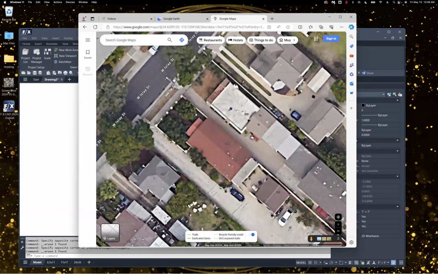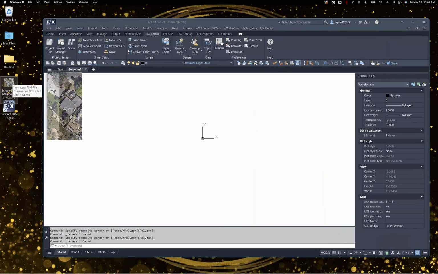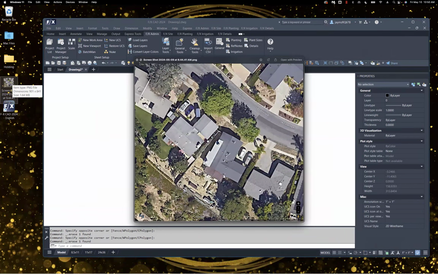So what you'll want to do is, when you have your site oriented the way that you would like it, go ahead and take a screenshot. If you're going to take a screenshot of it, I highly recommend you grab the scale here so that when we bring it into CAD, it's easy to scale. So let's say you've taken your screenshot, and I have one on my desktop here as an example. If I preview it, you can see that I took the full site. I had plenty of room to cover my entire site, and I caught the 20 feet scale at the bottom. That's going to be really useful for us to accurately scale this in a moment.